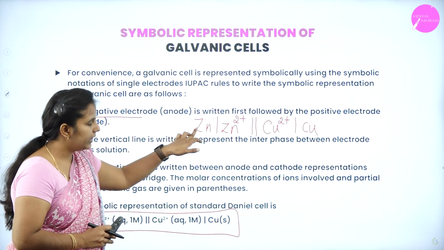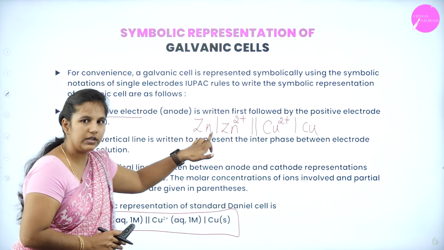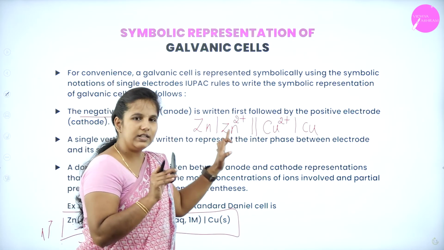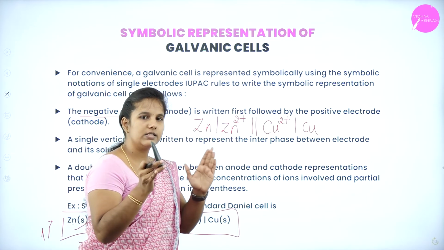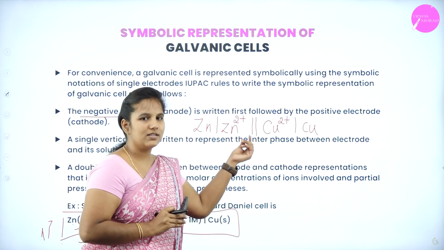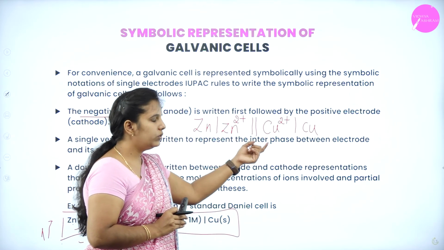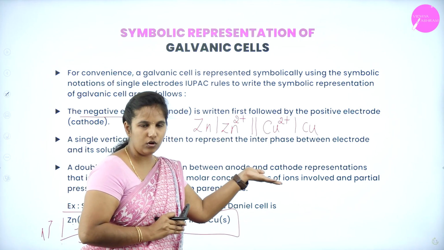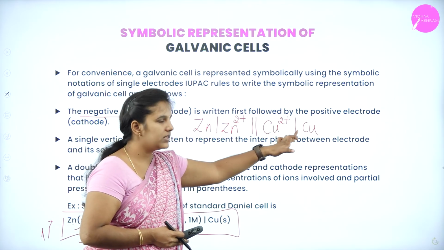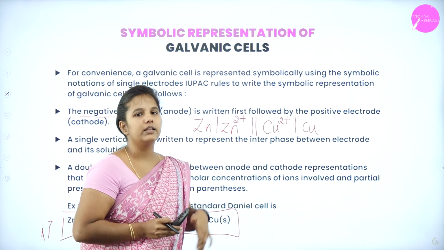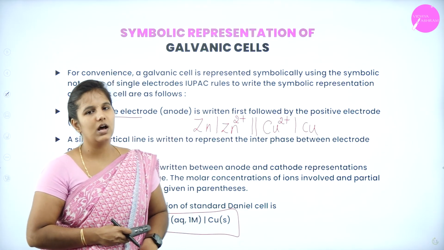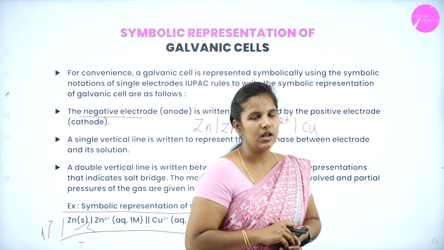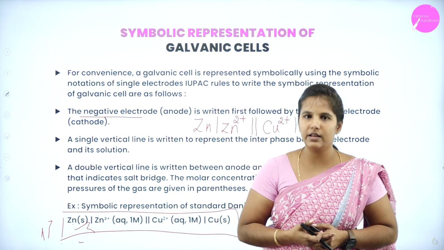First, what do you have to write? The negative electrode followed by a vertical line. This vertical line shows the difference between the electrode and the electrolytic solution. Later, we write the double vertical line, which shows the difference between these 2 solutions, and this is nothing but a salt bridge. After this, you write Cu2+, an ion formed at the cathode by accepting the 2 electrons. After this, you write another vertical line followed by the positive electrode. This is how we represent the entire cell equation. Hope you all understood how to write the cell representation.